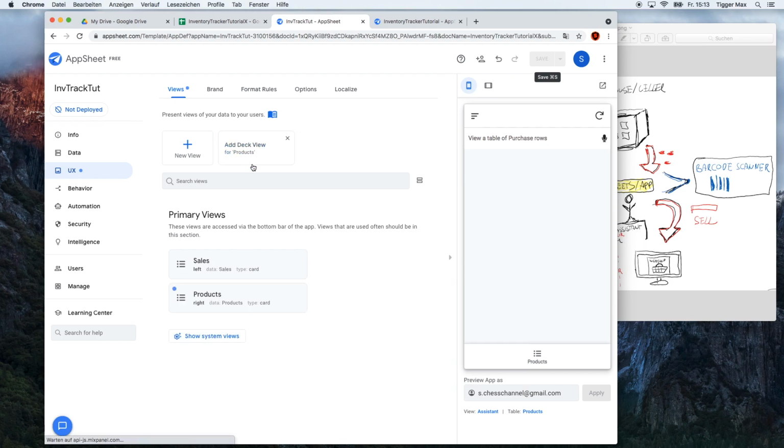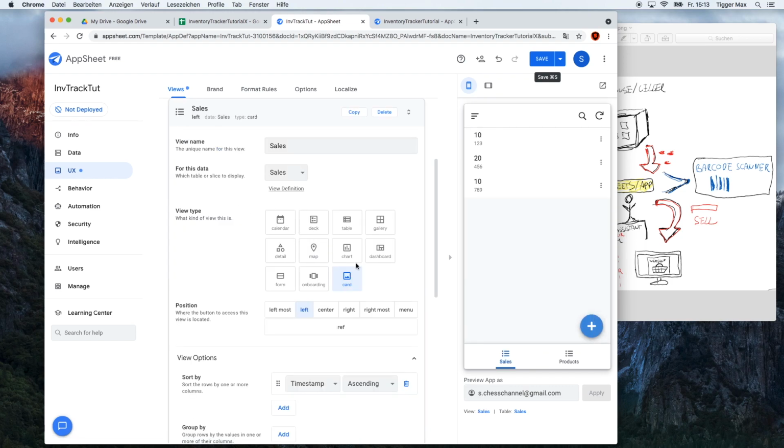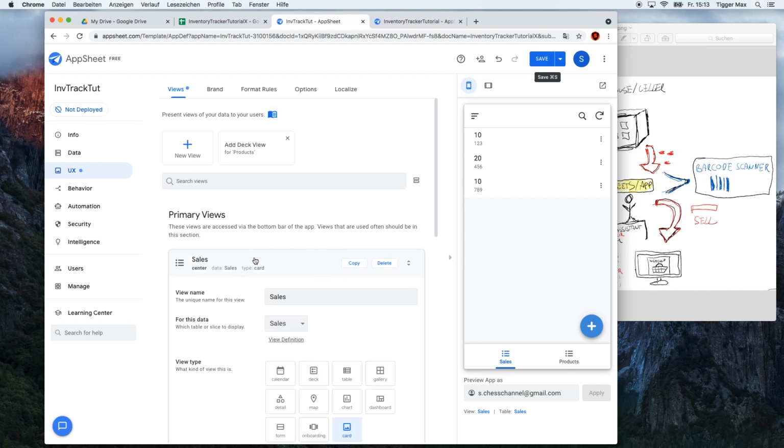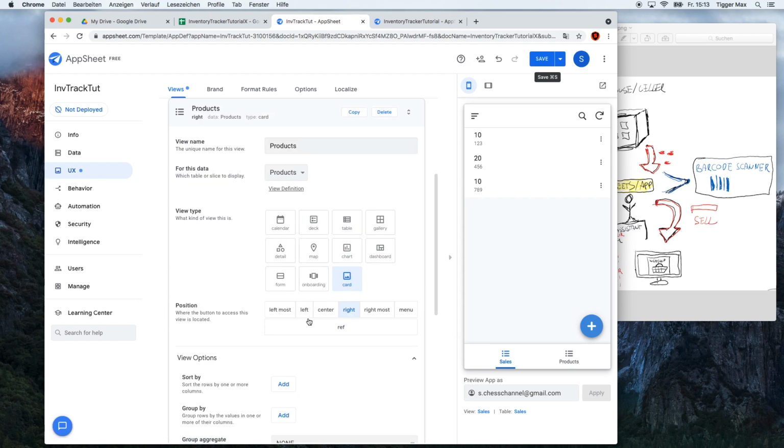and as I already told, give the card, it will be okay. So here in the position, you can basically position which is the button, so which position should be the button. We can put the sales into the center. Okay, sales, the products can be left,